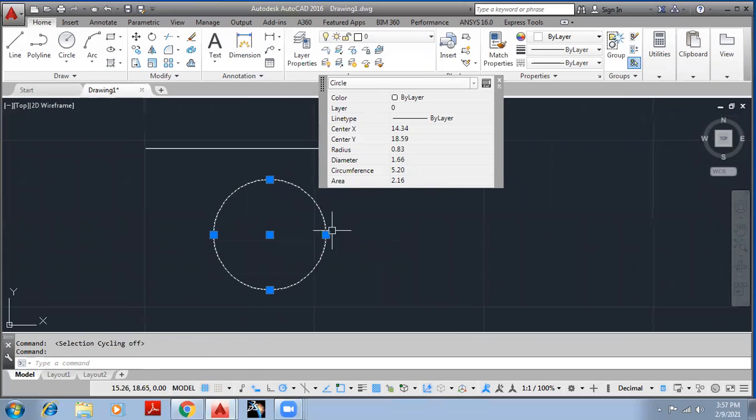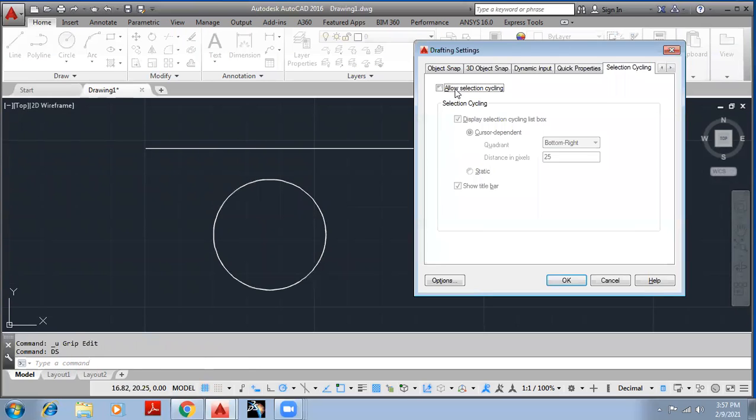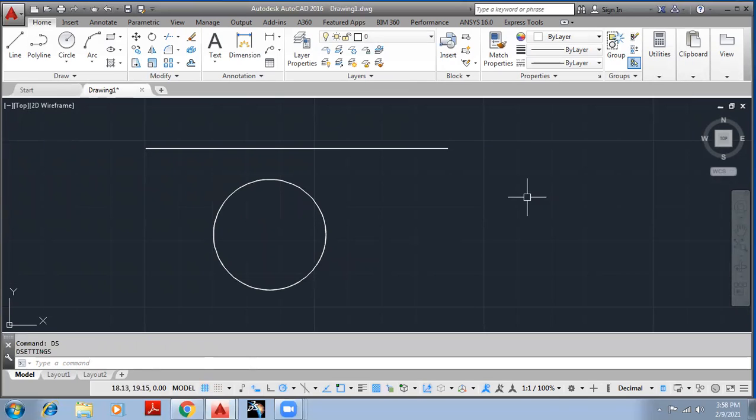I am not able to understand which circle gets selected, right? Because here we have two circles. So this one is the previous circle and this one is the next circle. For selecting whichever circle we want, we need to keep the cycling on. If selection cycling is on, let's see what happens.